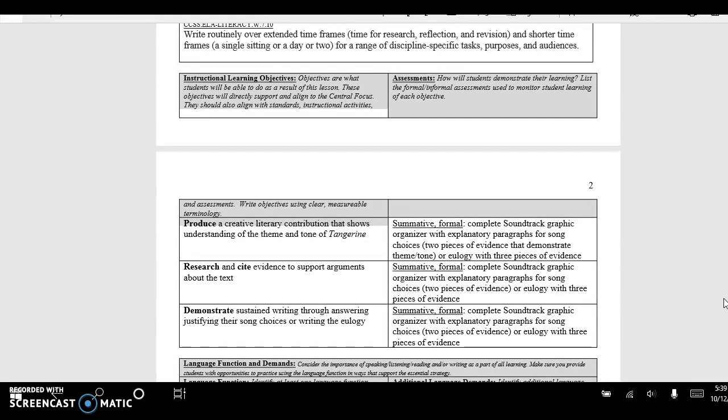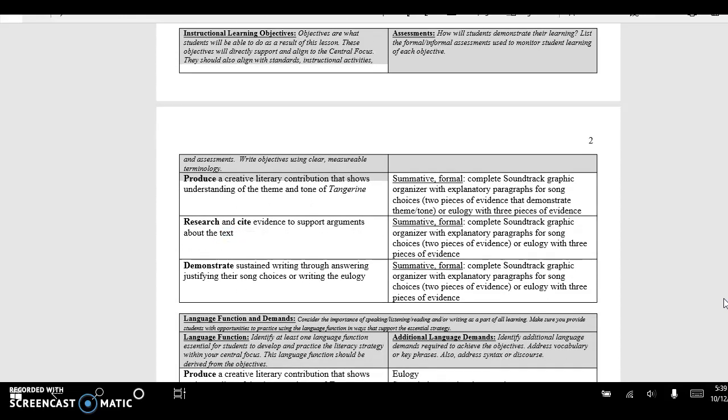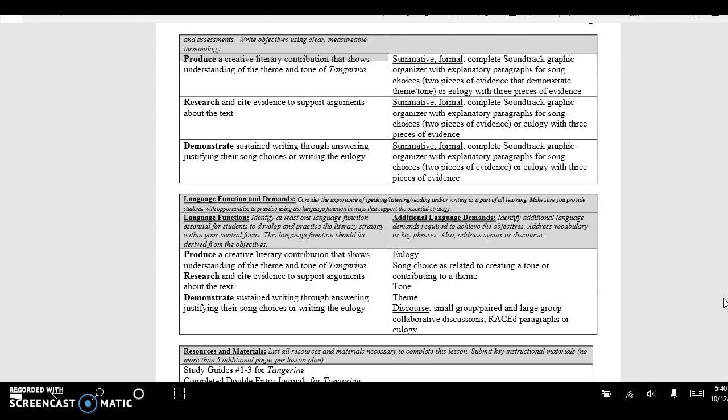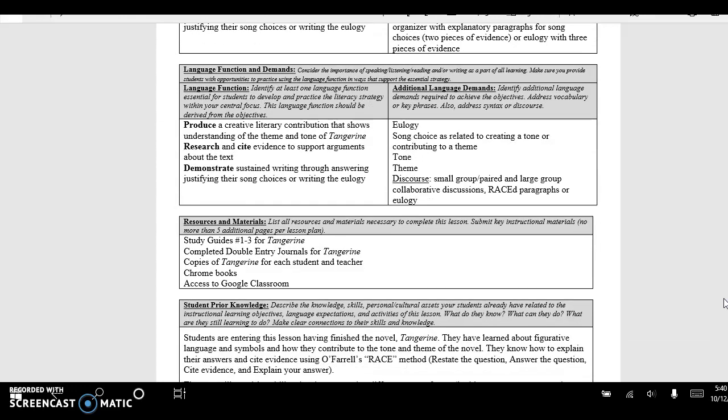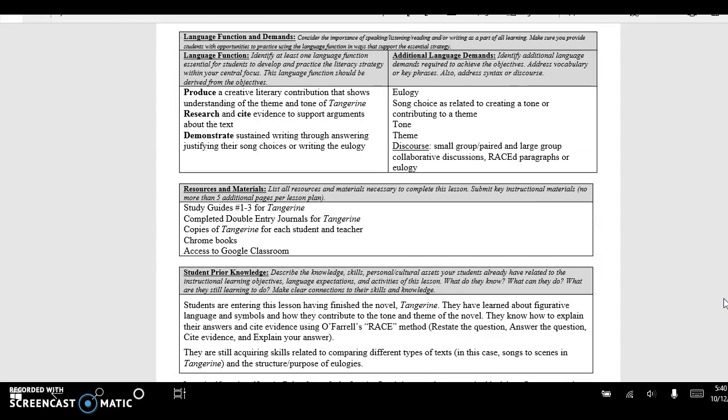So here, this is what I was talking about, instructional learning objectives. They should be repeated, but you're explaining how they would do that within the lesson. And then your assessments for each. How are you going to test that they have actually done these things? Most of the assessments can be formal or informal, and it seems like here they have a lot of formal assessments. And then we have the language function words again,